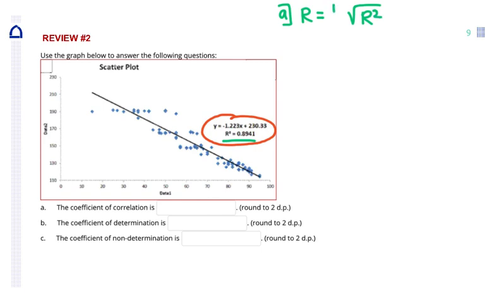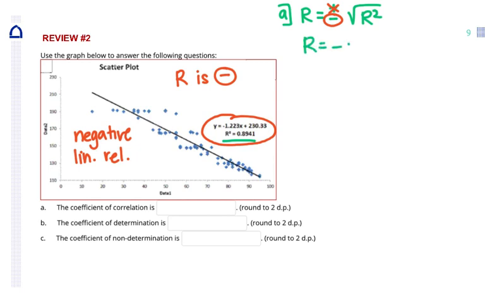When you take a square root, you can have the plus version or the minus version of the square root. So we have to actually look at the scatter plot and see that this is a negative linear relationship. The dots are going down. So what that really means in this case is that r should be a negative number. So we're going to take the negative square root of r squared if we want to find r. So r in this case is going to be the negative square root of